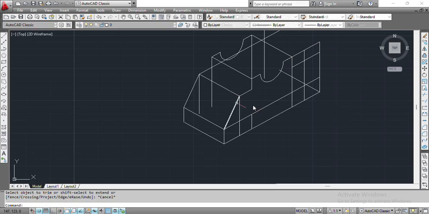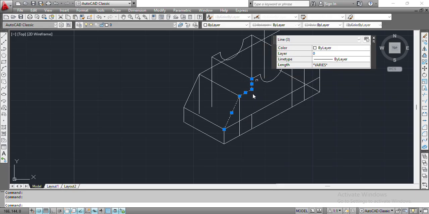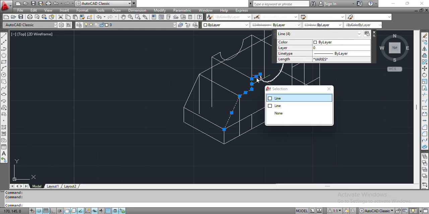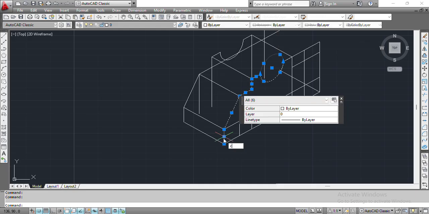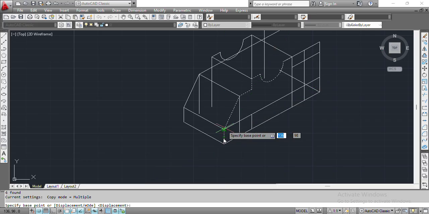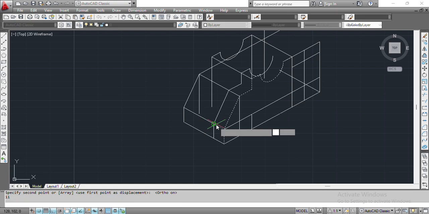So after trimming, let's select, copy. Have auto mode on to have it in a straight line, a distance of 11, and the same half to a distance of